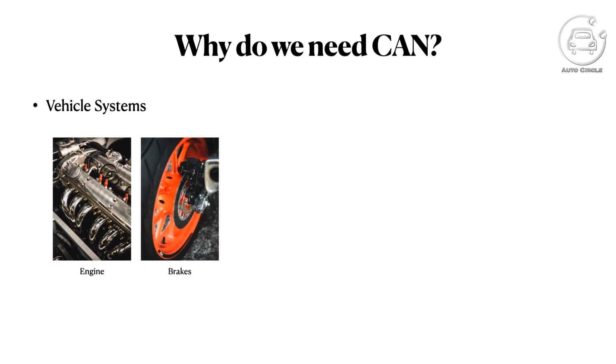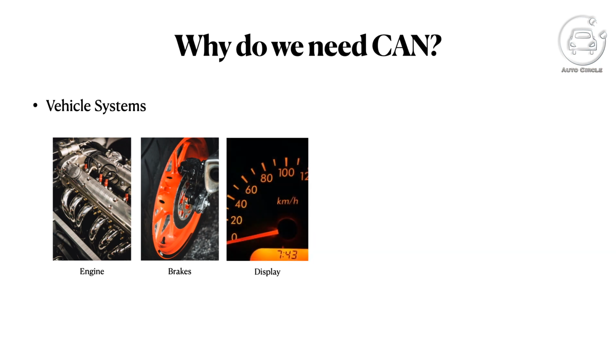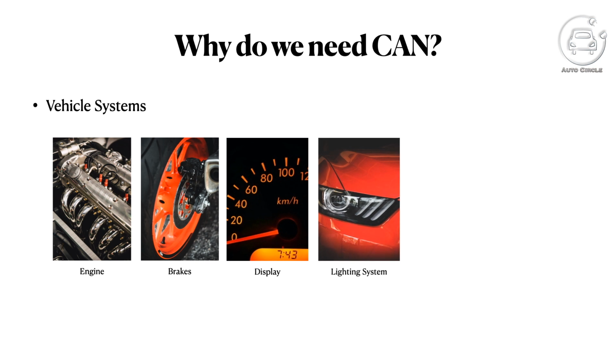The second system is brakes. This is a necessary safety function required to bring vehicle to a halt. The third function is display function. This is required for displaying all necessary information to the driver. The fourth function is lighting. It can include exterior as well as interior lighting. So this includes headlamps, tail lamps, and even the inside lighting, which is called cabin lighting.